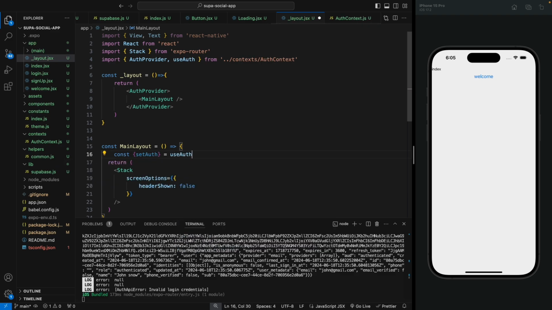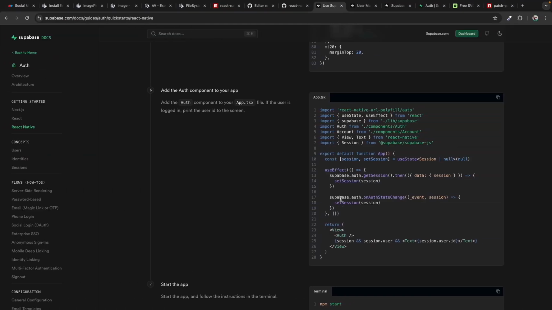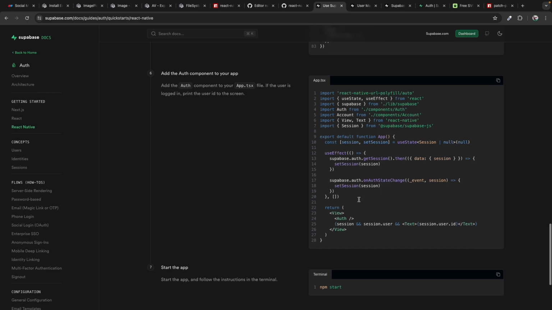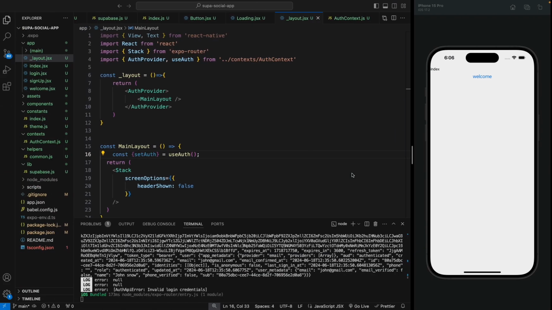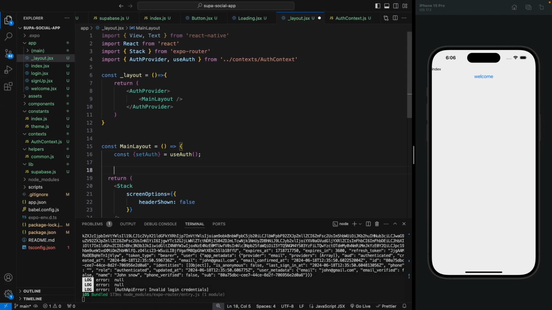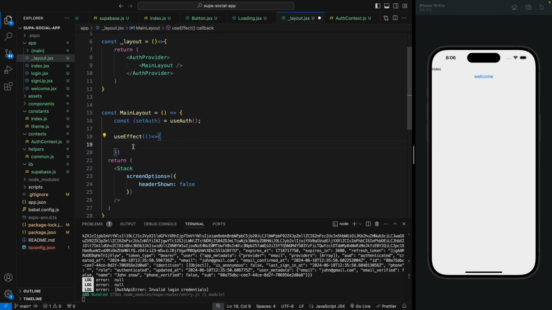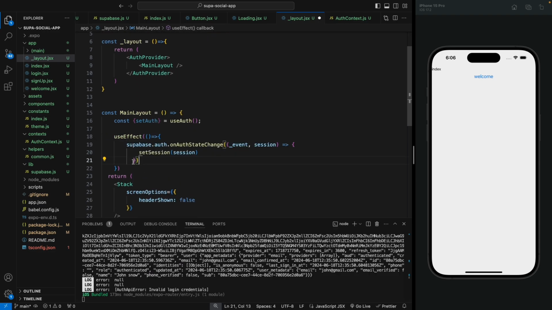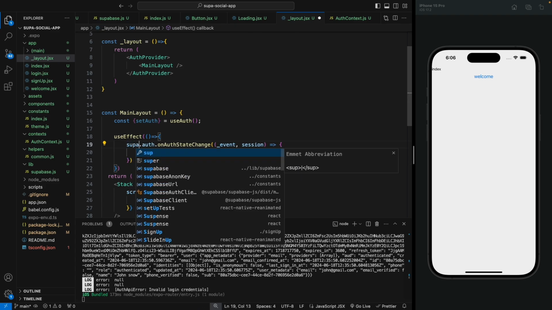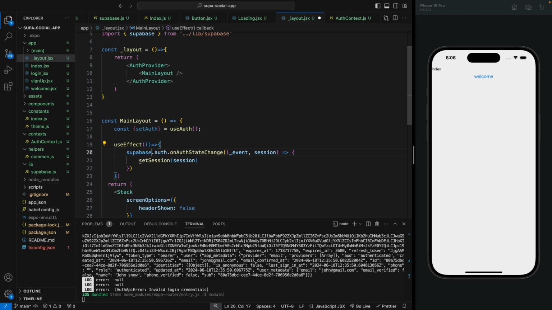Use auth like this. Now to be able to use this we're first gonna implement the auth listener, which triggers every time the user logs in, and we already have that here. So we just need to copy this onAuthStateChange function, the second one. So let's just copy this one, and we will need to create a useEffect hook, and inside this we will register this. Let's just paste this here. So first we will need to import this Supabase client from lib/supabase.